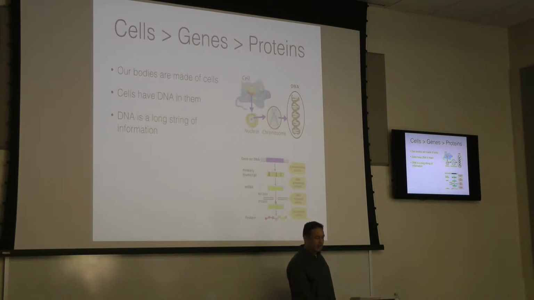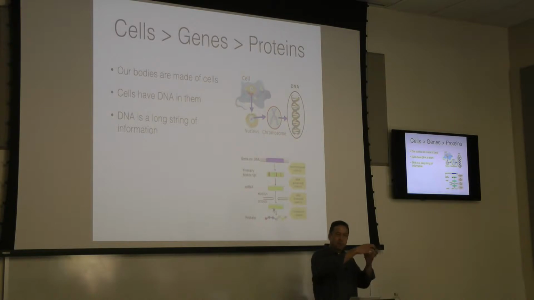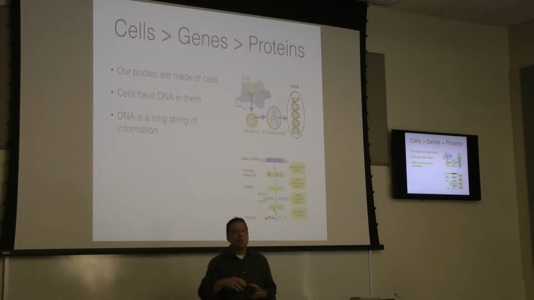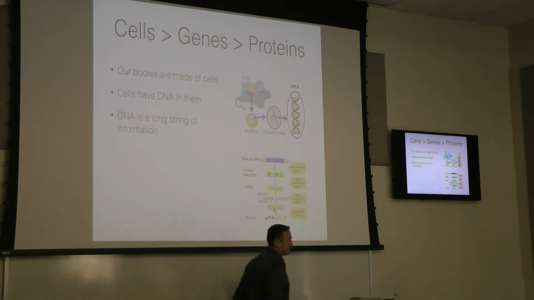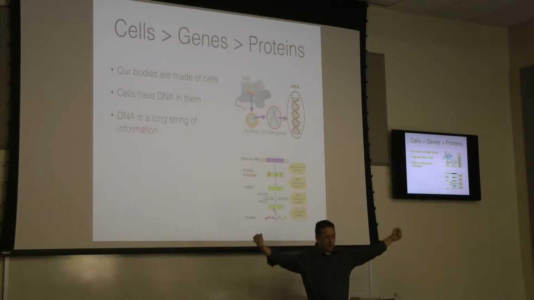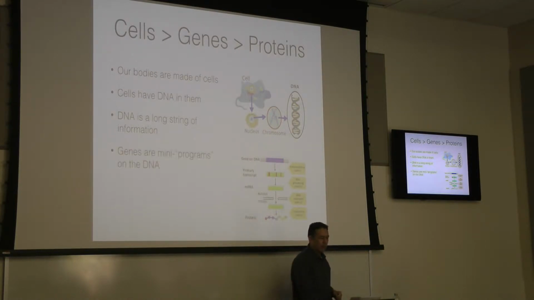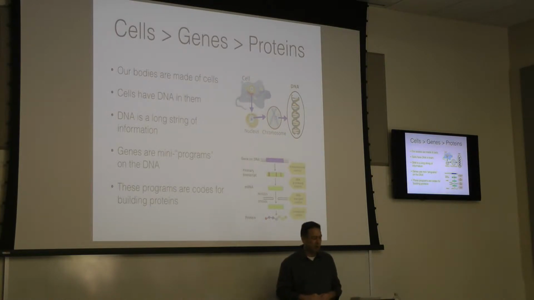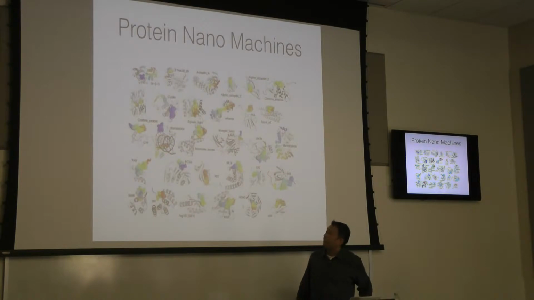The RNA exits the nucleus of the cell and goes to the ribosome, where this string of information, the transcribed RNA, gets translated into protein, which is written in a 20-letter alphabet, right? There are 20 amino acids that get put together in a certain sequence, and you get this long string of amino acids, which then folds into a complicated little shape. I think of genes as little programs for proteins, mini protein programs. And proteins are extremely complicated nanomachines.